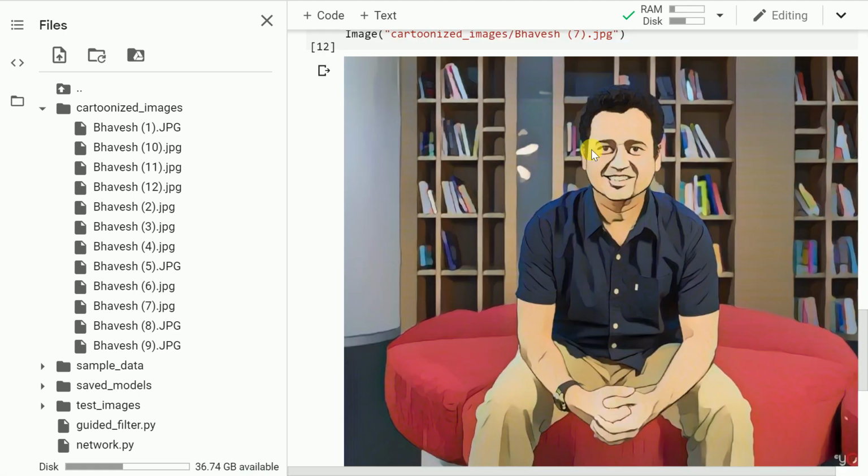Thanks to the amazing work that they've done, wherein we can create cartoons using the pre-trained models as well. I would urge you to go through the research paper as well to better understand how the implementation was. So this is like a small demo that I had in mind in terms of how you can better utilize this amazing work that they've done. And yeah, this was all that I had in this video.